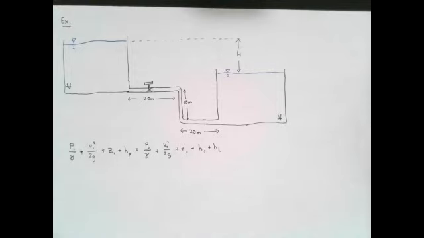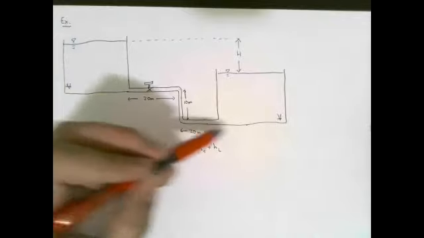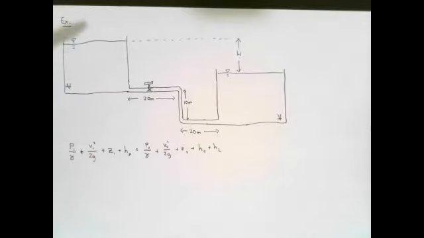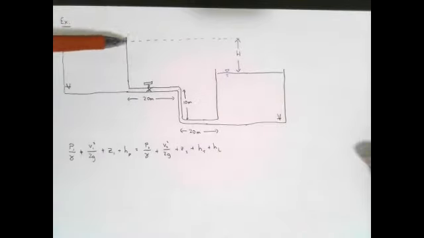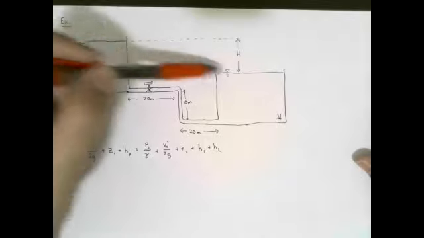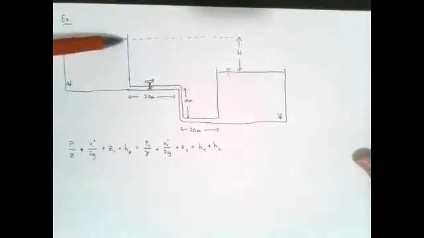Now, before we even start to try to solve this equation, let's try to get rid of everything that we don't need. First off, this energy equation is for a control volume. So my control volume has to go from somewhere to somewhere. Now, given the data that we already have, it's a little bit limited, right? Because we only asked for volumes, storage volumes, and pipe lengths. We know that our control volume should include, ideally, everything that's flowing inside the pipe. And hopefully it should also include the fluid in the reservoir, because in the end, we do want this difference in elevation. And if we want this difference in elevation, we need to include these two water surfaces in our